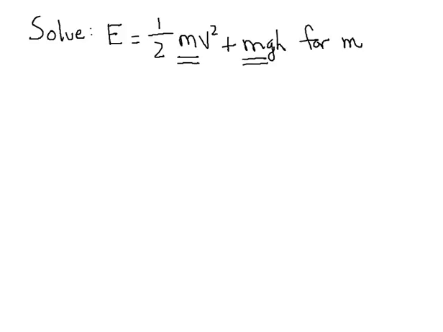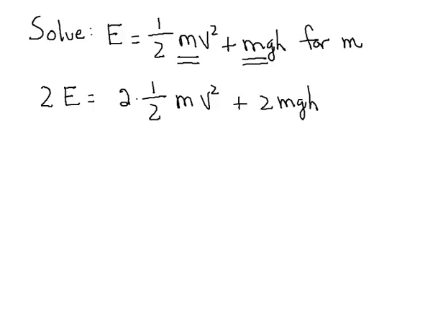Now, as we've done with other formulas involving a fraction, my recommendation would be to eliminate the fraction from the equation, which means we need to multiply each term in the equation by 2. So we have then on the left hand side 2 times E equals 2 times 1/2 m v squared plus 2 times m g h. So on the left hand side we then have 2E, and you'll see that the 2 times the 1/2 will produce a 1, and 1 times m v squared is m v squared, then plus 2